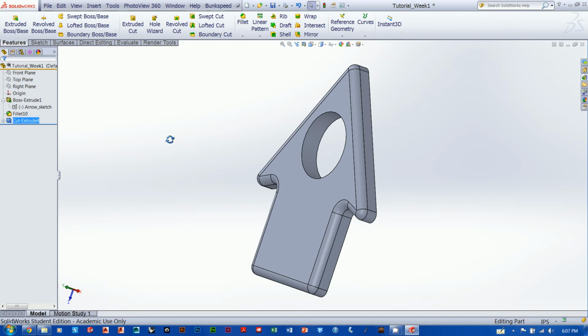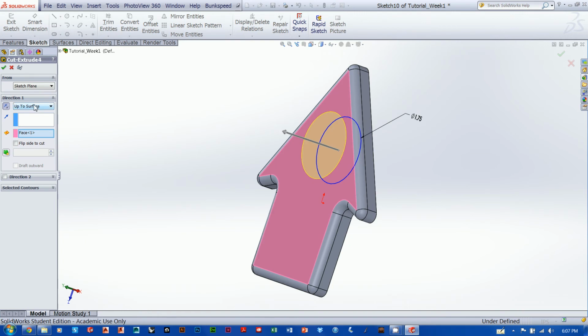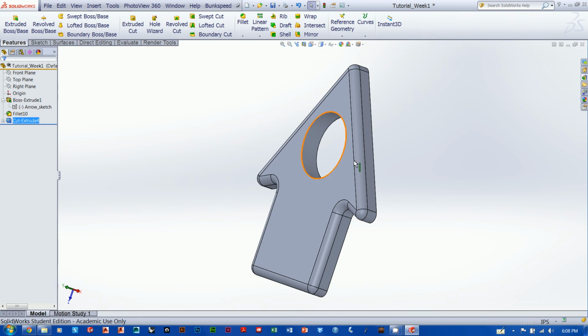Also, SolidWorks has added this feature to our design tree, and we can just as easily go back into our design tree, do a right click, and go edit feature, and we can change this direction one parameter to something else if we wanted, like through all. Since we only have one thing, hitting through all, it's going to go through all of it. So I'll select through all, and I'll hit OK, and it's going to cut through all,